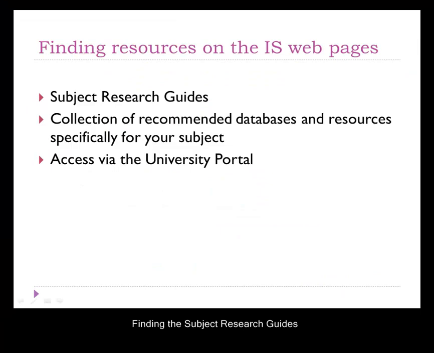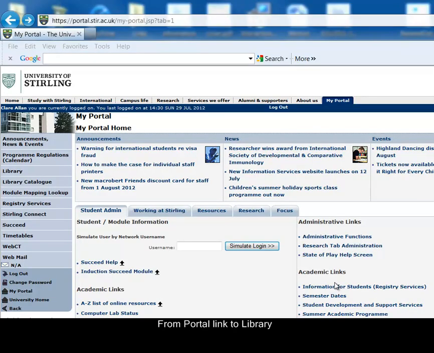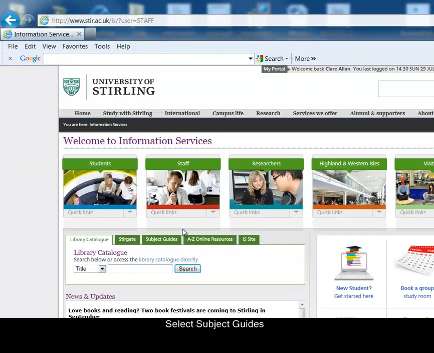I'm looking at finding resources on the Information Services web pages. I'm going to look at how to find the subject research guides. These are a collection of recommended library databases and resources specifically for your subject, and the IS web pages can be accessed via the university portal. You can link to the library from the university portal by choosing the link on the menu on the left hand side. And then it's very quick to link to the subject guides. They're just above the library catalogue box, so select subject guides,